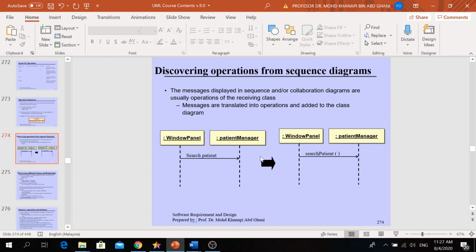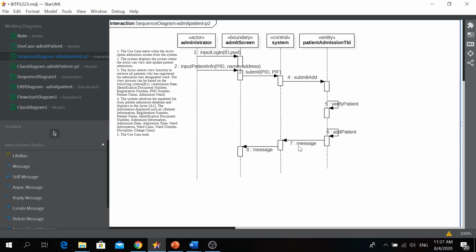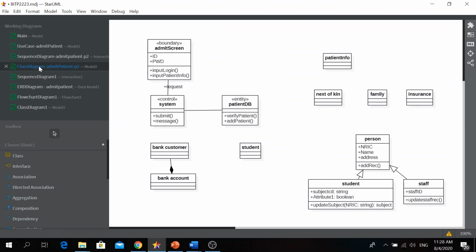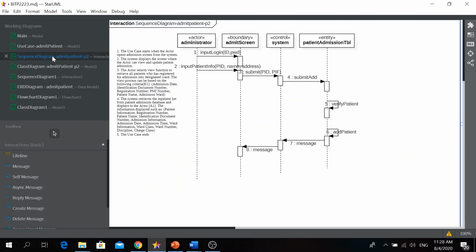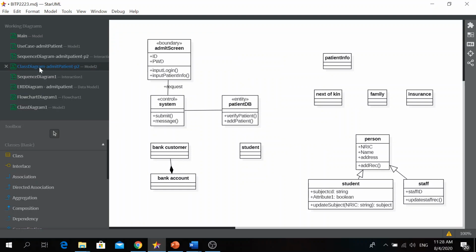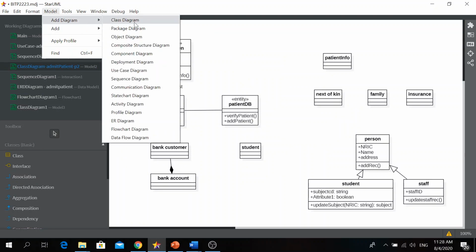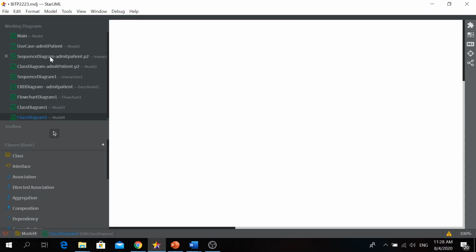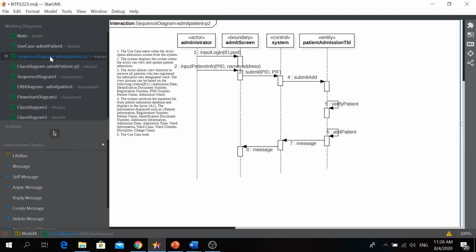I think this is not a good example, so I show you this real one. Okay, this is a class diagram. Administrator, admit screen, system, patient, admission. Now I create for you a new class diagram based on this sequence diagram.